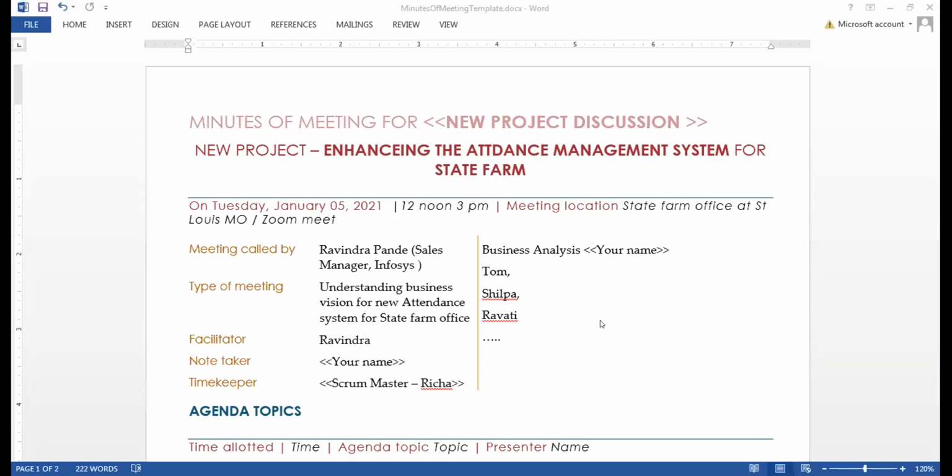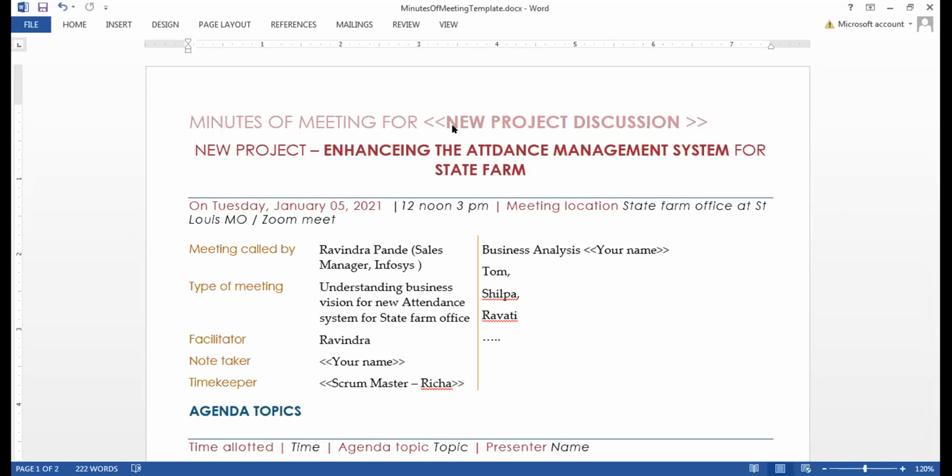But let's try to understand what it contains. It contains minutes of meeting for the meeting done on 25th December 2020 at 4 p.m. for enhancing the attendance management system at State Farm. So minutes of meeting will be labeled like this. New project: enhancing attendance management system for State Farm.